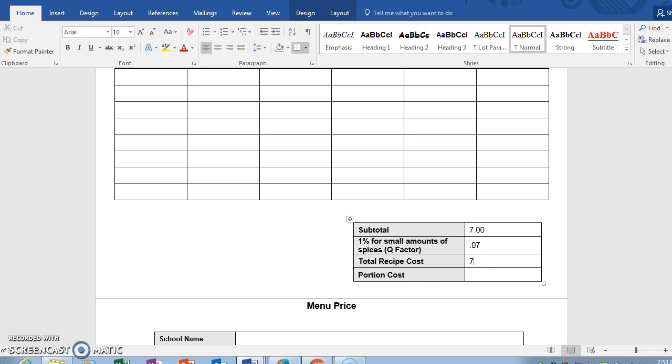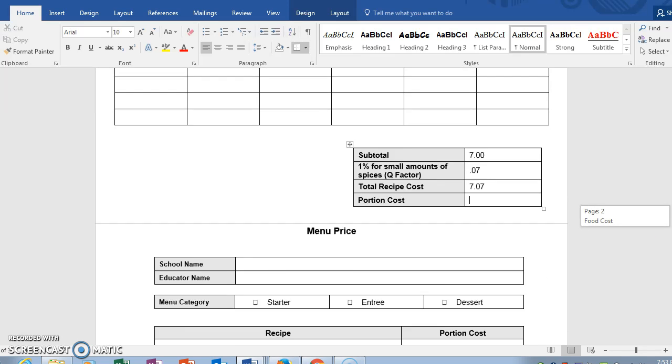So our total recipe cost would be $7.07. Okay, maybe this recipe we know makes 12 portions, so if you would divide the 7.07 by 12, then you come up with your portion cost. How much does it cost to serve each individual person? Okay, once you come up with that,